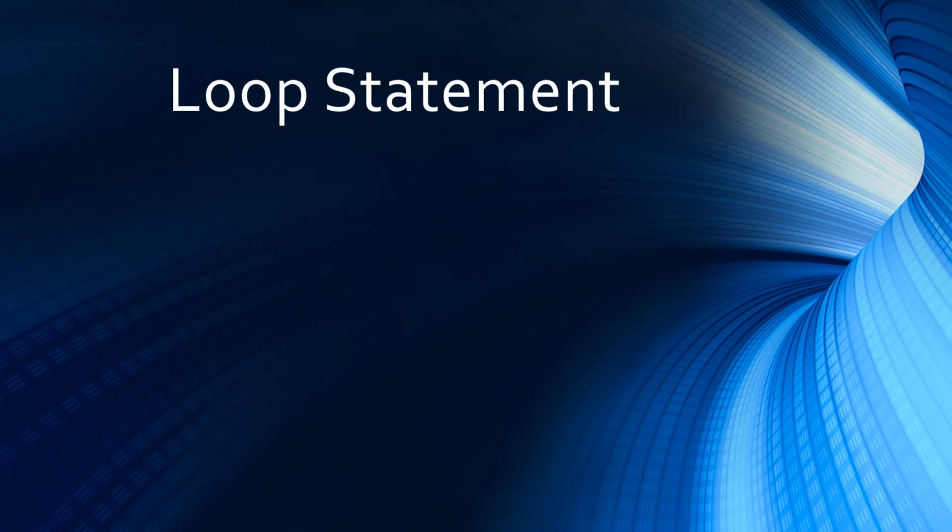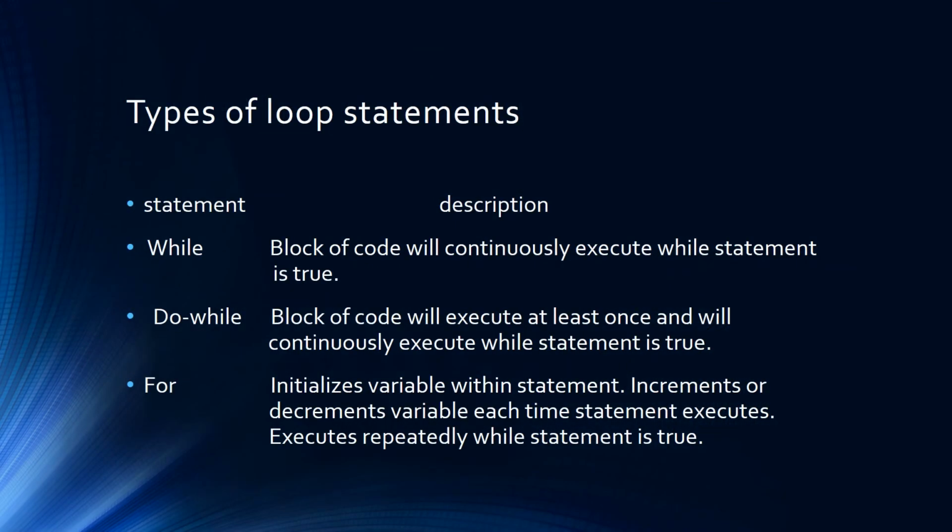Loop statements. The three main types of loop statements are while, do while, and for. The while loop is a block of code which will continuously execute while the statement is true. The do while, which is very similar to the while, is a block of code which will execute at least once and will continuously execute while the statement is true. So the difference is that the do while is for sure going to execute once, while the while statement may not execute at all. The reason being that in the do while,